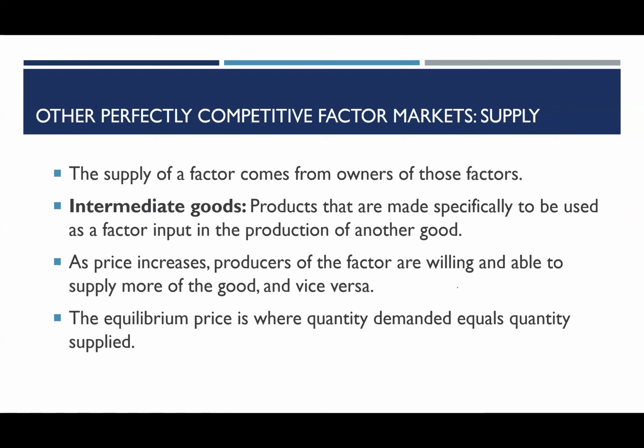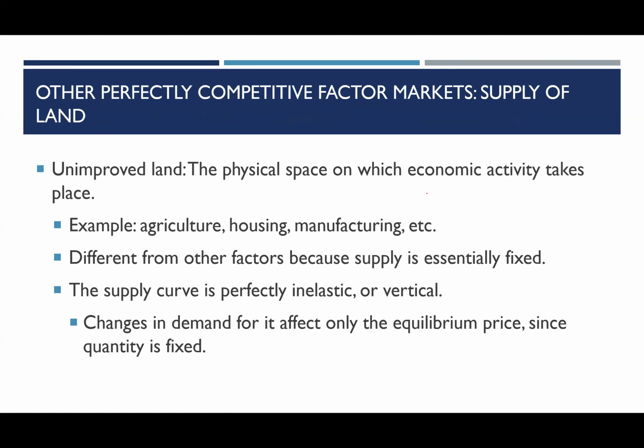All right. If we consider the supply for any of those factors, it's going to come from the owners. So if I am producing coffee machines, right? I'm supplying them to the coffee shop. If I'm offering design services, right? I am the supplier of those services. So these markets, even though they seem more complicated, they follow the same rules as the markets we've covered in this class. Okay. One that might cause some difficulty is land, right?